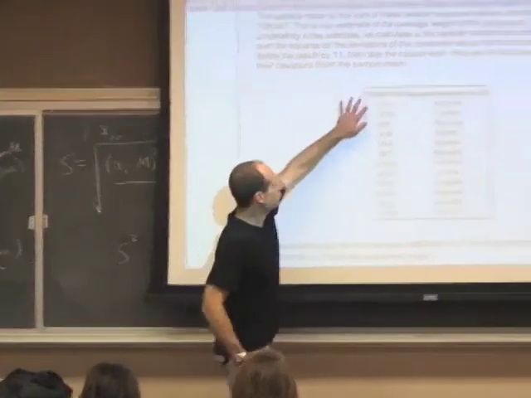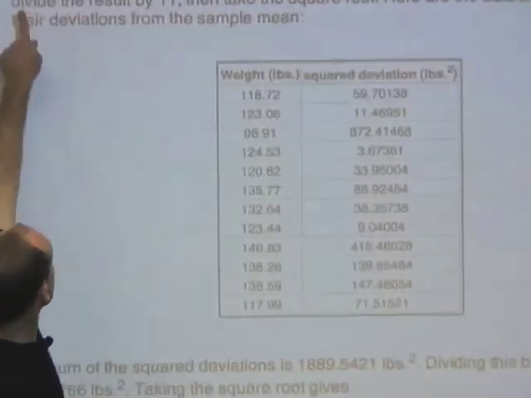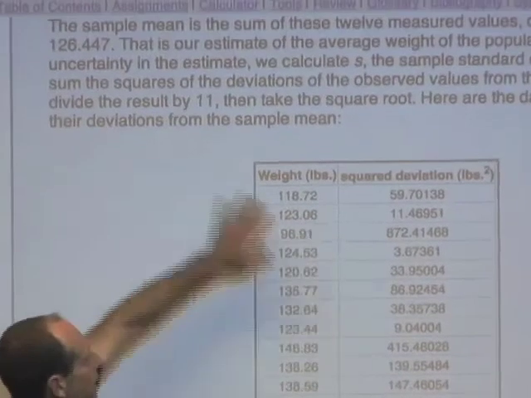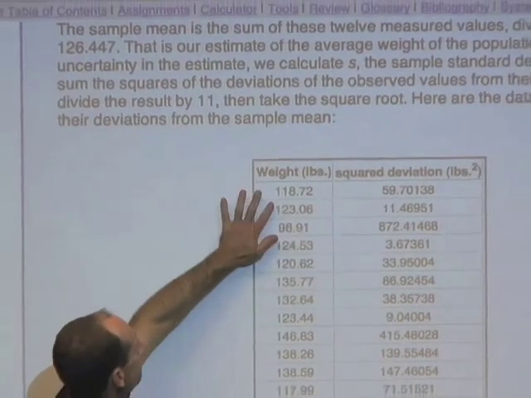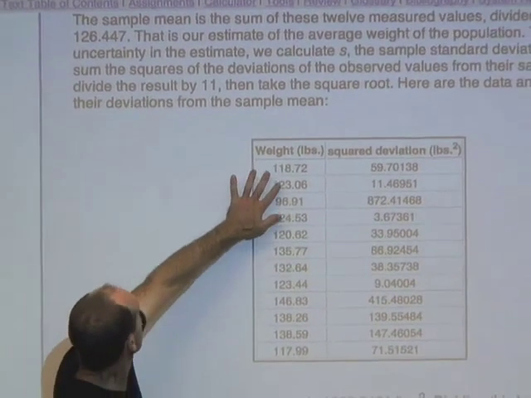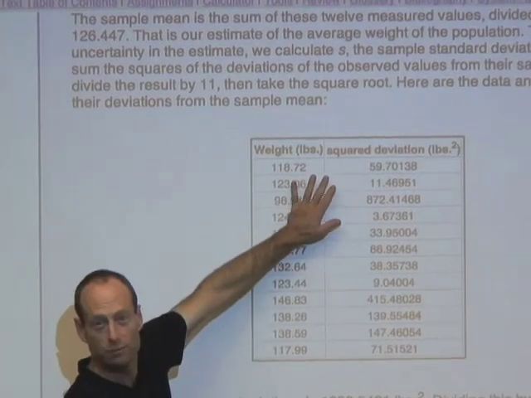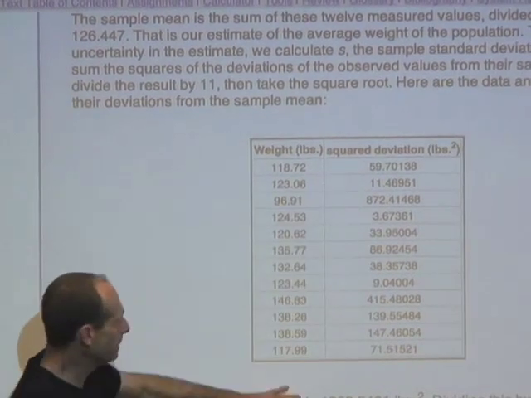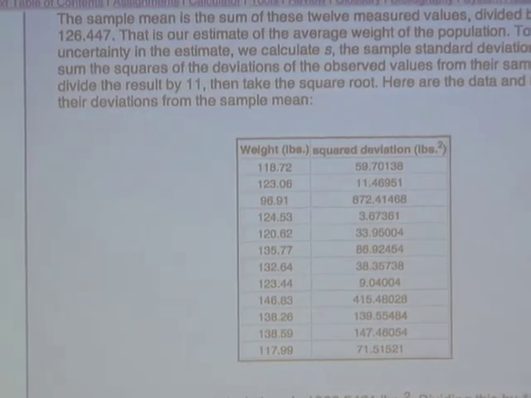So these are the data again. From each datum, I need to subtract 126.447 and square the result. Okay, so this is 118.72 minus 126.447 quantity squared. Okay, so we'd add up these 12 numbers and divide by 11 and then take the square root, and that